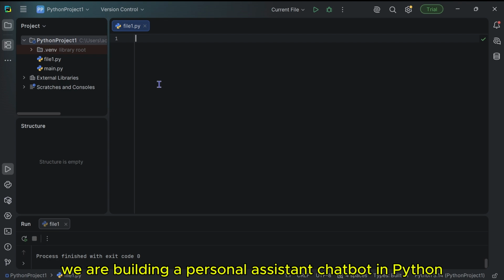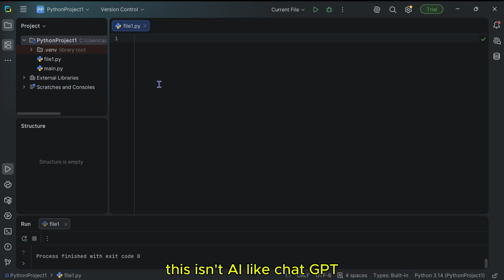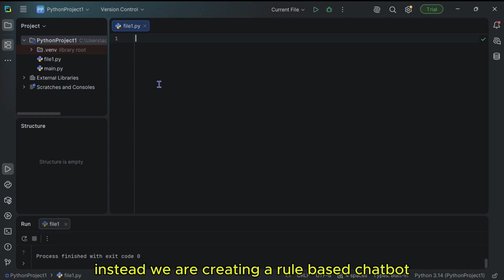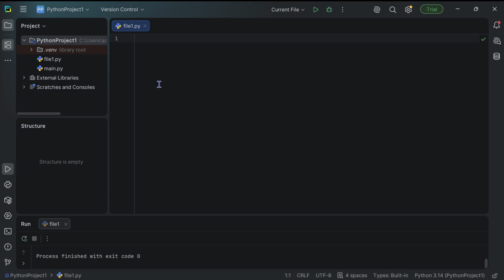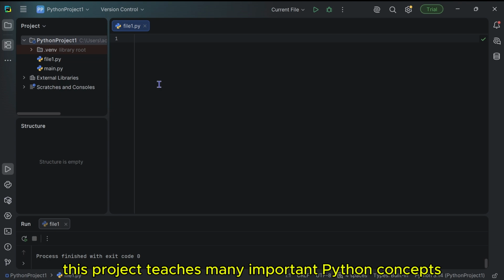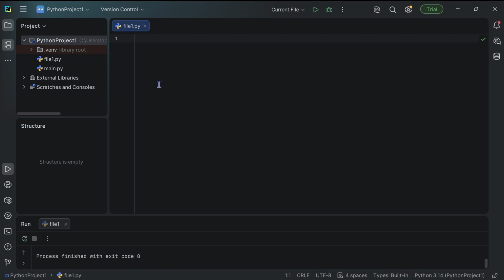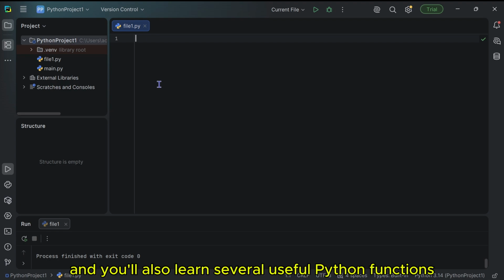Today we are building a personal assistant chatbot in Python. This isn't AI like ChatGPT. Instead, we are creating a rule-based chatbot. That means our chatbot replies according to the commands the user enters. Although simple, this project teaches many important Python concepts used in real applications. By the end of this video, you'll know how to create your own chatbot and you'll also learn several useful